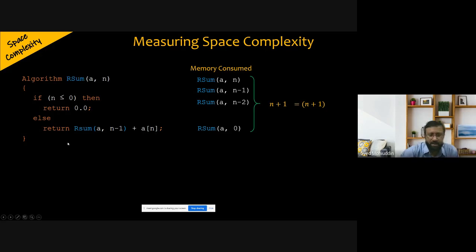So the reference a will be there as well, so here we have n as 1, then reference variable a as 1. So 2 words are there. Then this whole thing, the return of sum of a, n minus 1 plus a of n, there should be a memory location to store the result of this operation, so that it is returned back. So there is one word we need for n, one word for a, that is the array reference, and one word for storing the result. So there are 3 words we need for each